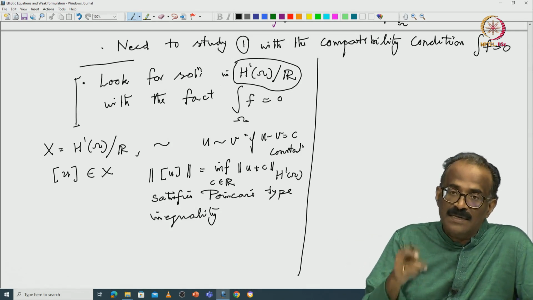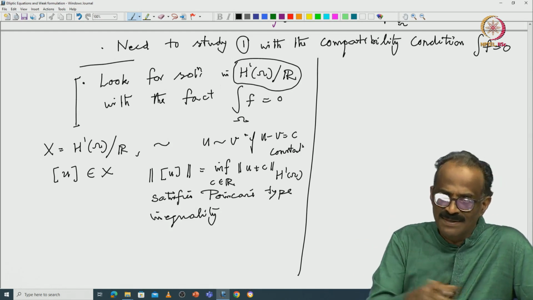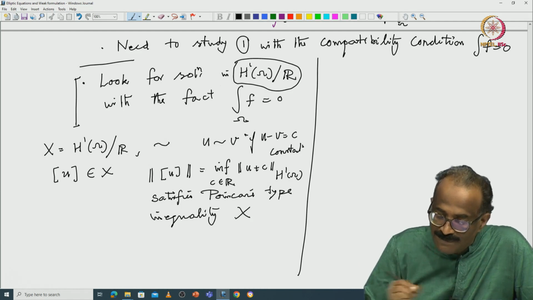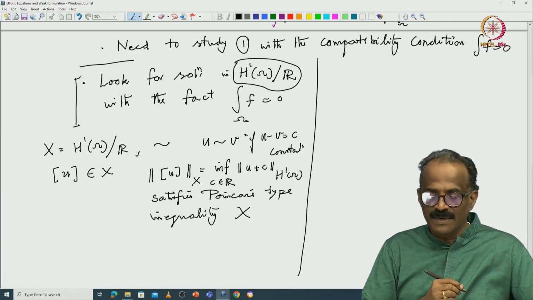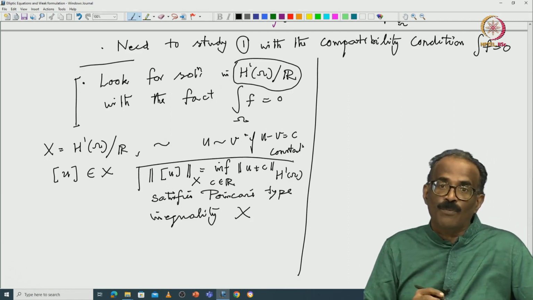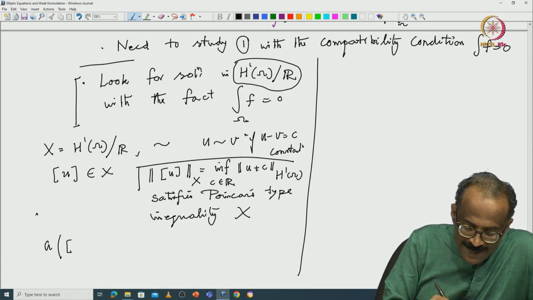The special thing in this case is nothing but your Poincare-Wirtinger inequality. That is all you are using, the Poincare inequality in this space. So that is the norm in this space, and you have defined that. Now you can form a weak formulation on X. How do you define a weak formulation? You define on X a bilinear form A from X cross X to R,